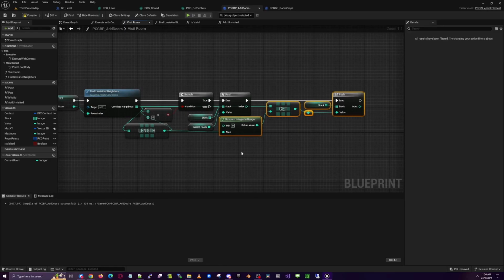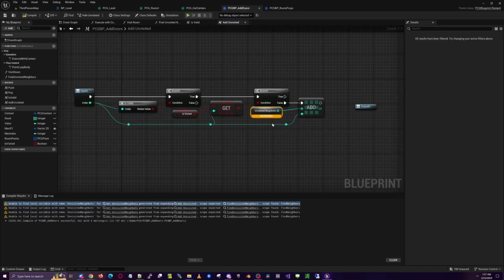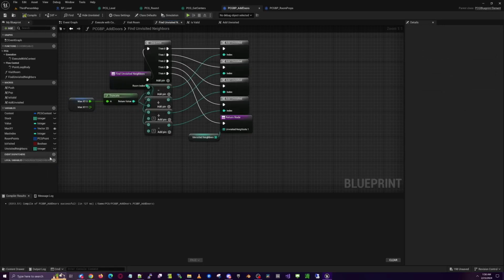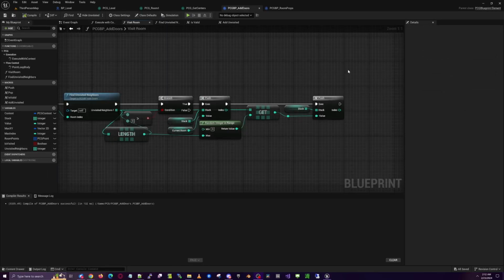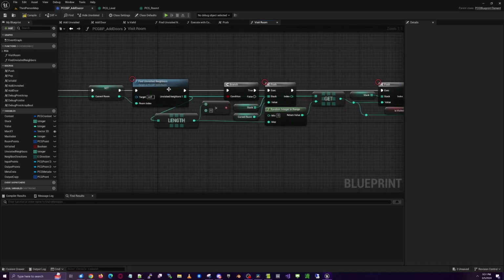Then we need to set a doorway between those rooms. Oh, so it looks like I lost the variable create that unvisited neighbors. Now that should be corrected. In order to add that door in, we need to know what direction this room is related to our original room. One thing we need to correct here is when we're coming out of find unvisited neighbors, we're getting